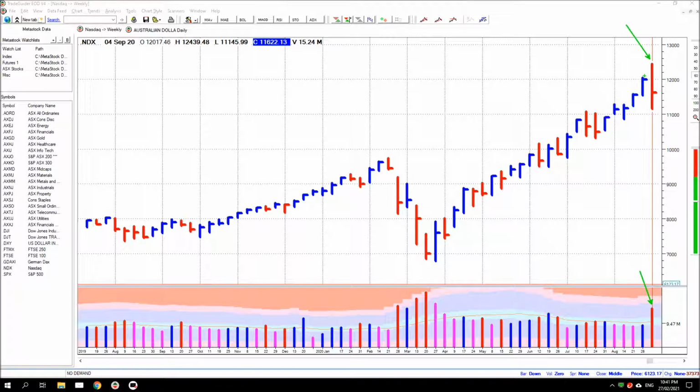Price probably accelerated up to begin with, then pushed down to the lows, and then closed in the middle. That would be the likely daily movements. Remember, this is a weekly chart. But there's no doubt activity was high. There was probably some bad news. I haven't looked back. It's the 4th of September. You can see here, 4th of September. You want to go back and have a look. There was likely some bad news for some reason, and prices moved lower in response.